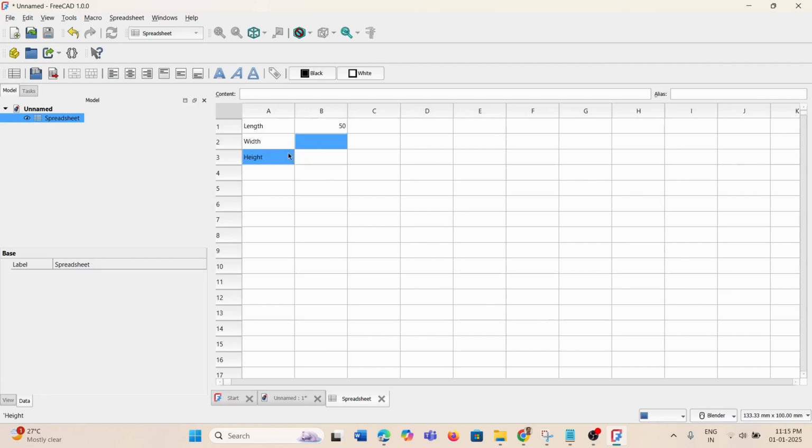I'm actually making the first value my key dimension, and the other two dimensions are based on the first dimension. So I'll write equal to b2 star 2. This is twice,